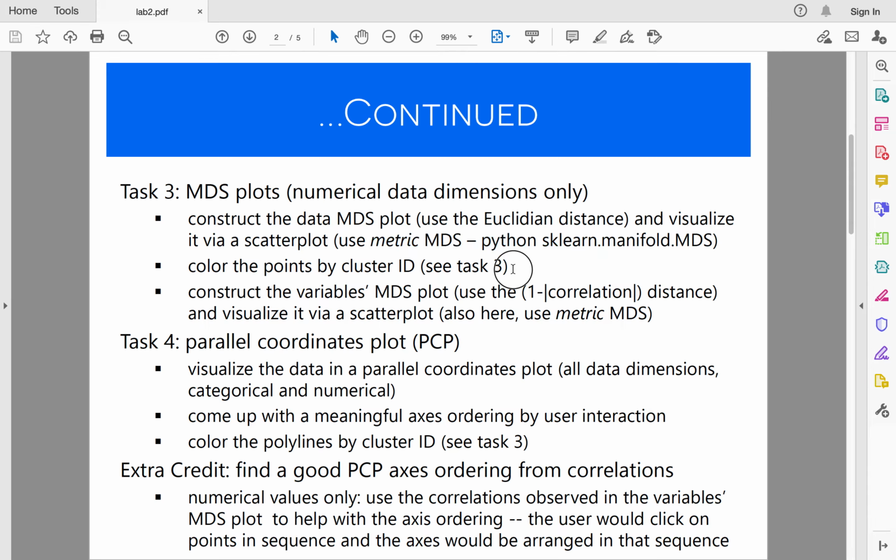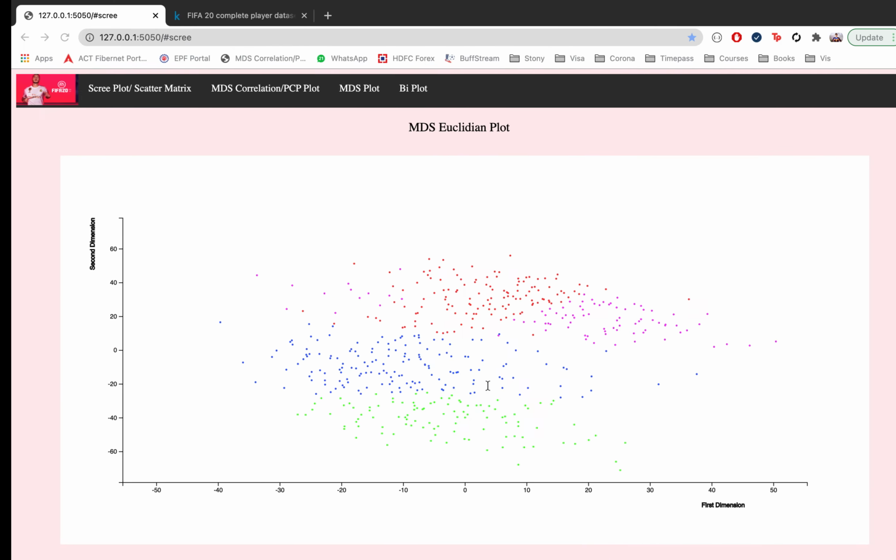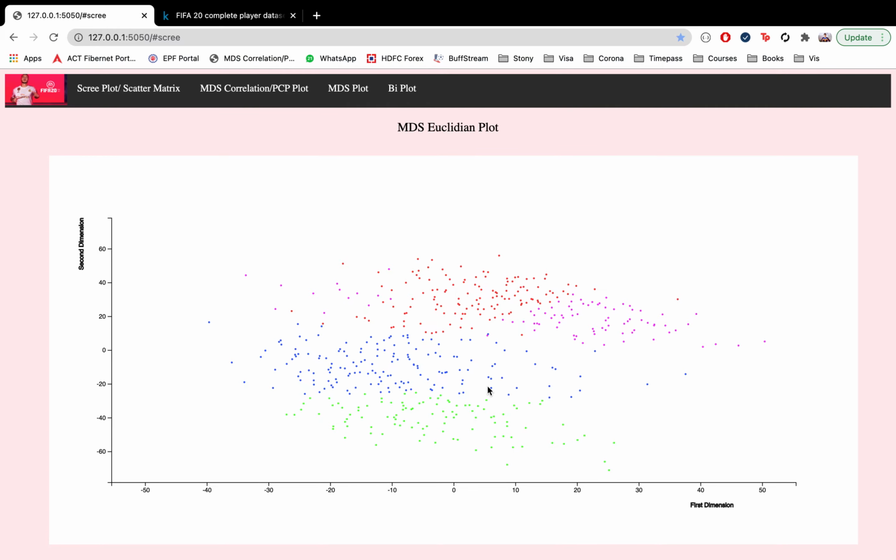After that, we're asked to color them again with the cluster ID. The whole k-means clustering part is done at the start itself, when I loaded the data set and applied k-means on it. So the data points still have the same clustering IDs, and I use the same IDs over here to color the data. If you see over here, the clustering is pretty evident: the points are clustered out, and the coloring comes together instead of being a jumbled up thing. So the clustering is done properly in the initial step itself.